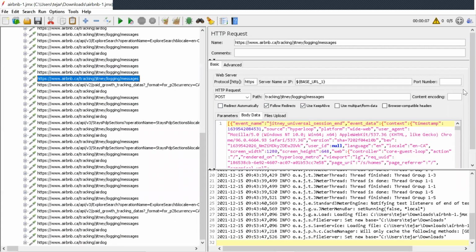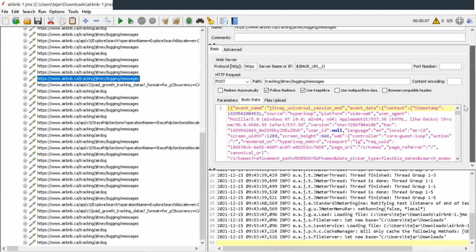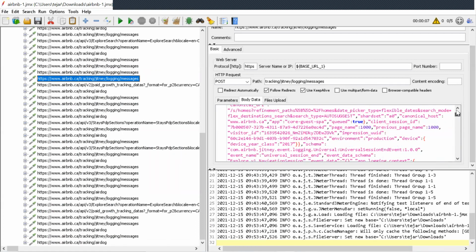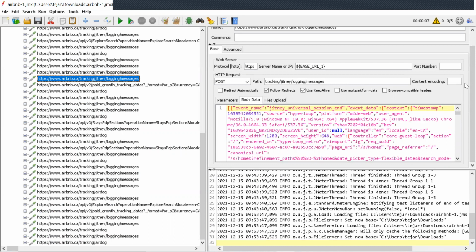See, every request is like this. It's posting the data. Then how much data are you going to correlate? It's not possible, right? Yeah, hectic. It's possible, but you have to spend a lot of time. If you miss even one element, that's it.